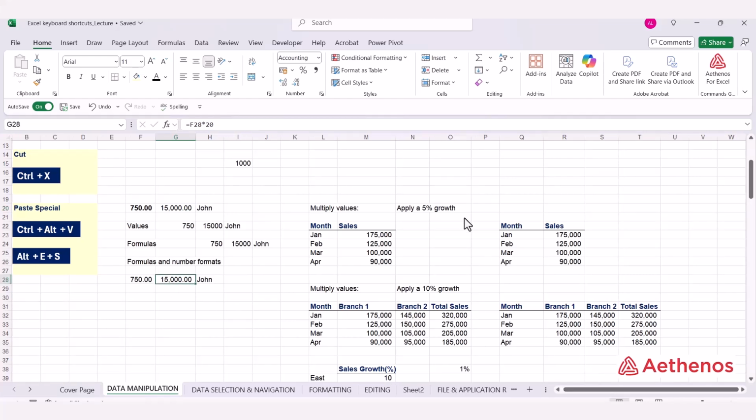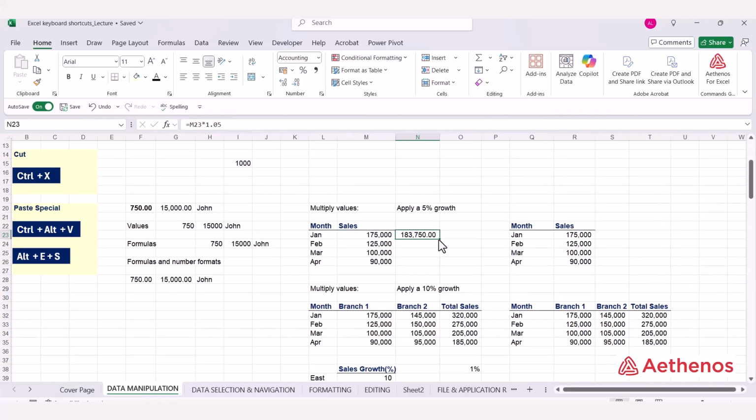Then we have another useful feature in paste special where you can multiply values. So here we got some sales data, and let's say we want to apply a 5% growth rate to these sales values. Of course, we can write a formula to multiply this separately by, let's say, 1.05 like that, and copy it down. But if you want to do it without formulas,